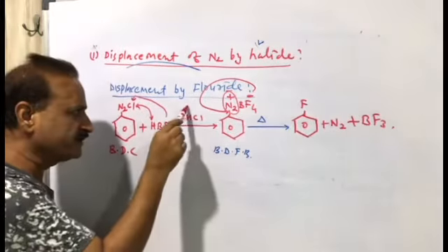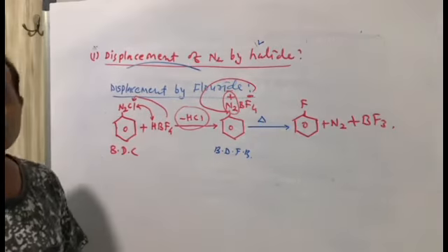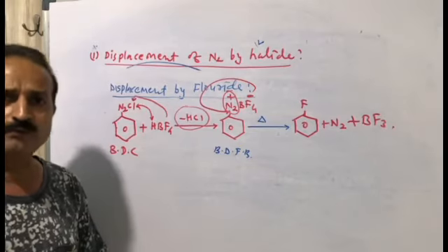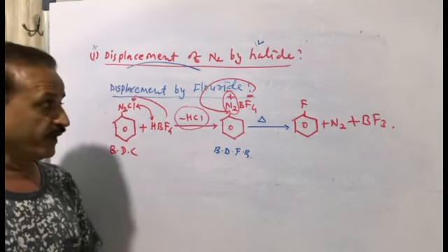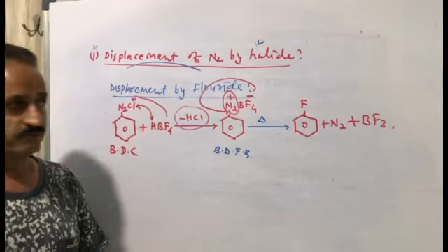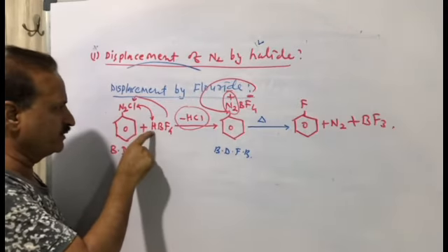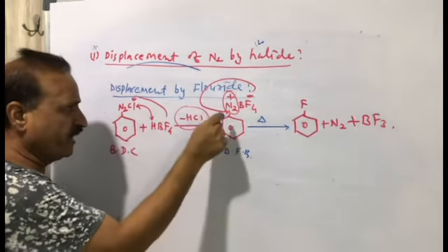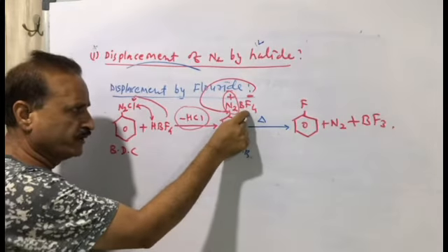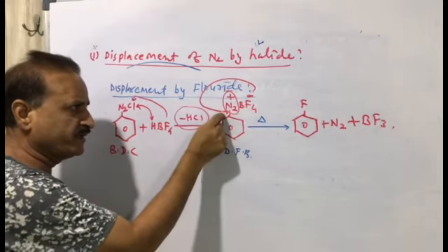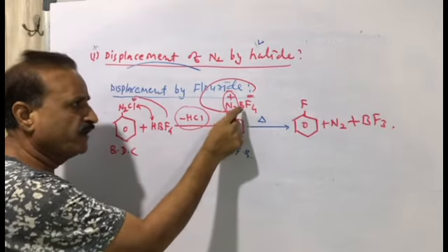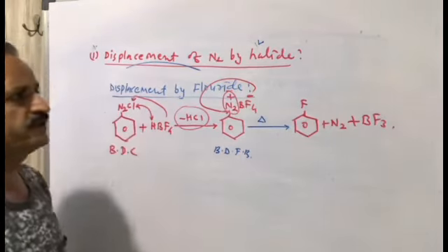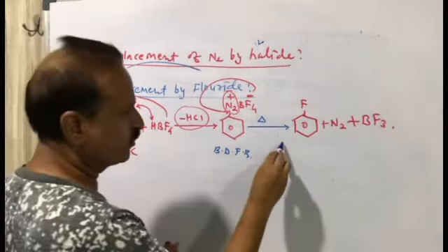Minus HCl is not explained in your textbook. So when you are comparing with the textbook, you will get confused about where the chlorine has gone, but chlorine is attaching with this hydrogen, so this will become minus and take the place of chloride. So we are having benzene diazonium fluoroborate. Then one fluorine is attached to the benzene ring, so the remaining 3 fluorine means BF3, N2 gas is released, so we are having fluorobenzene and N2 plus BF3. So this is the fluorobenzene.